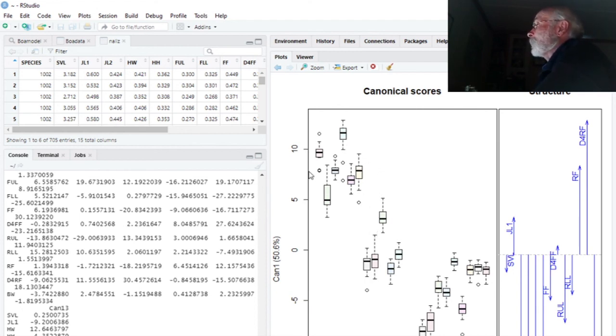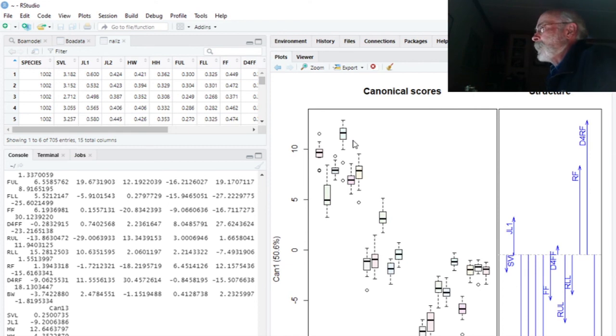You notice that there tend to be a couple of groups, right? There's this group of animals right here, a group of animals right here, and then this group of animals down here. It turns out that these guys down here are the phrynosomatid lizards. Those are the horned toads. And these guys up here tend to be the nematophorine or the teid lizards, so the race runners and things of that sort. So there it is, a nice introduction to canonical discriminant